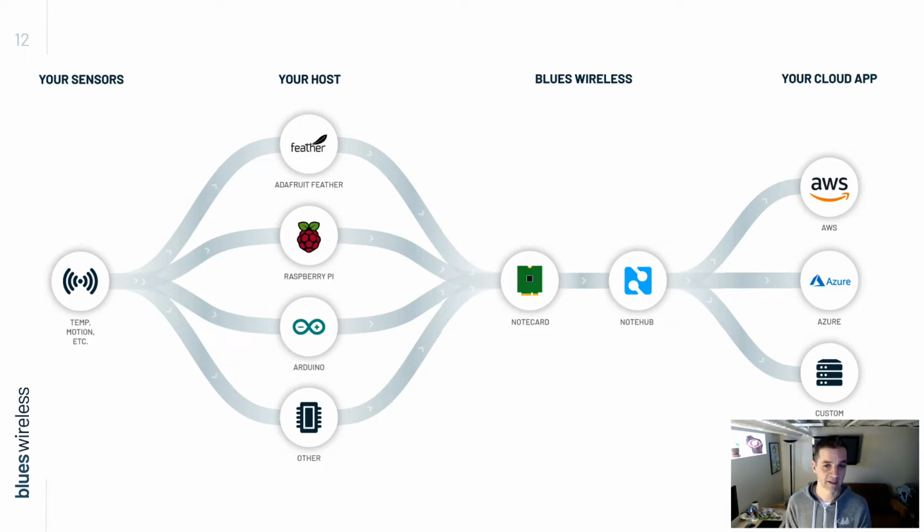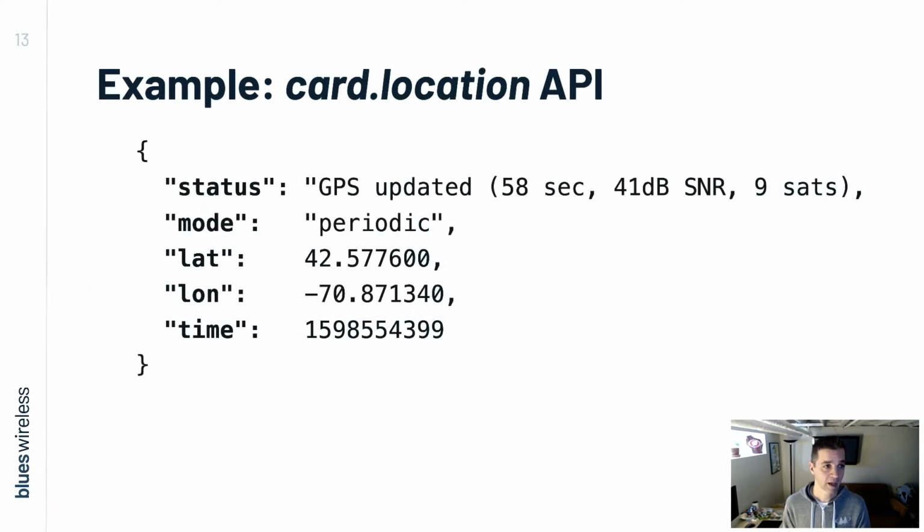So Notehub takes a lot of the pain out of that secure transmission of data and even optionally optimizing those data payloads and conforming to whatever data structures your remote endpoint is anticipating. And again, you can route data to any of the big cloud or IoT platforms out there, or even your own custom RESTful endpoint. And all of this is accessible via a developer-friendly JSON-based API. So everything you see is JSON in and JSON out. This applies whether you are in Arduino or Python, or even just experimenting with your Notecard using our web-based REPL at dev.blues.io.